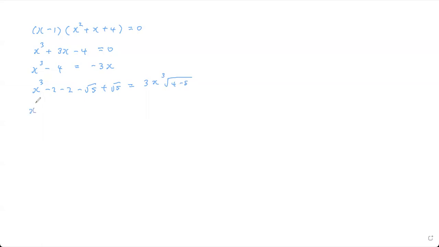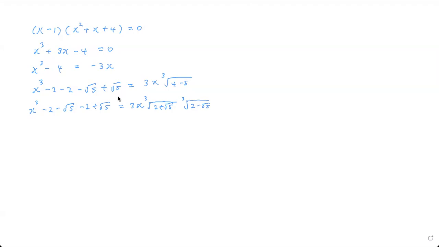All right, so I'm going to rearrange this, right? So this is x cubed minus 2 minus root 5 minus 2 plus root 5. Okay, and that will be equals to 3x times the cube root of 2 plus root 5 times the cube root of 2 minus root 5. Okay. So after that,